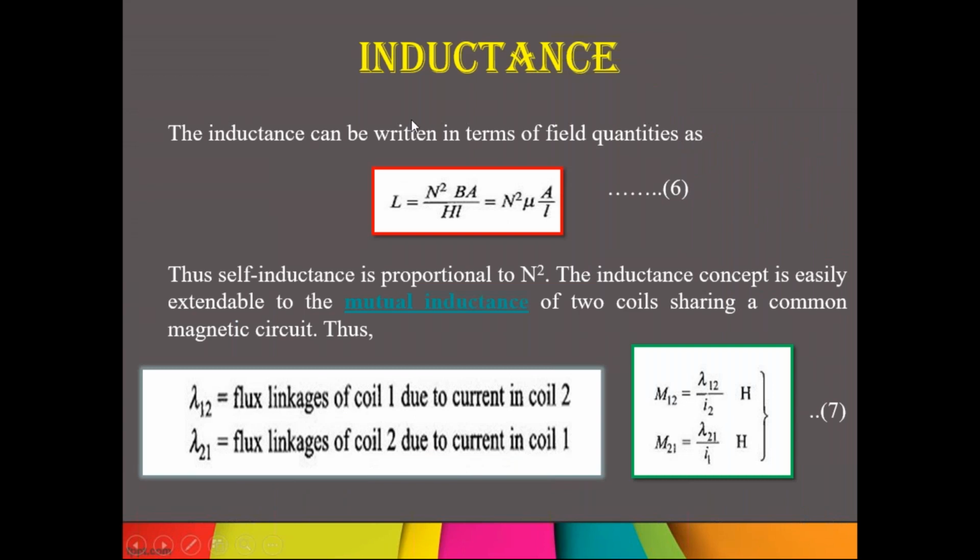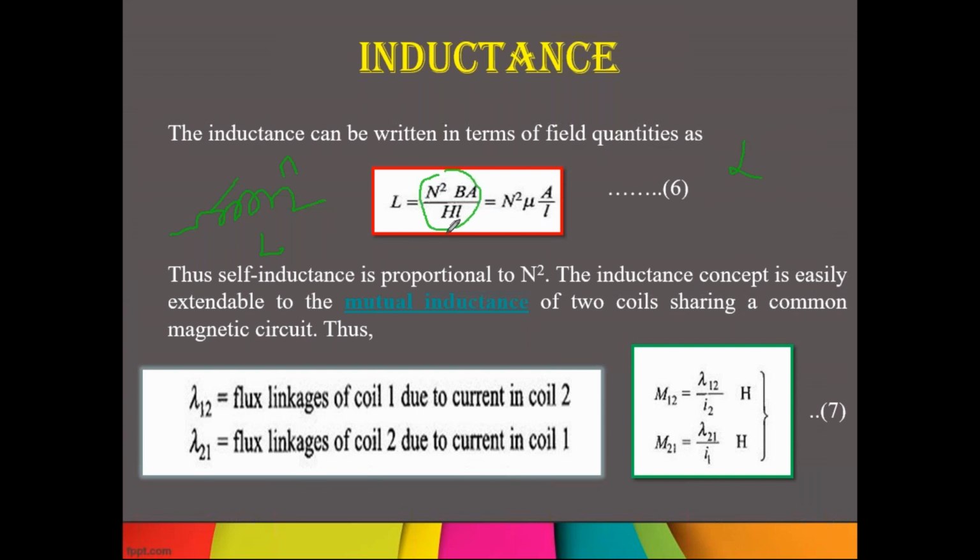Next, the inductance. Oka inductor, oka material, there are different parameters acting. So what are the different parameters? Suppose you take one inductor here, in this inductor there are different parameters involved to find out the inductance. What are they? The number of turns is one parameter, and area, flux density, magnetic field intensity, and length. So these are the 5 parameters involved to find the inductance of a coil.